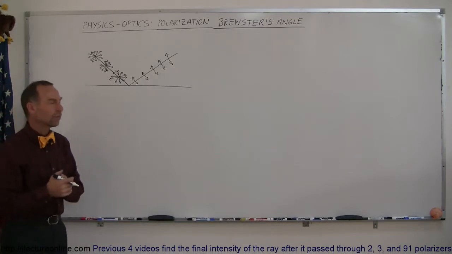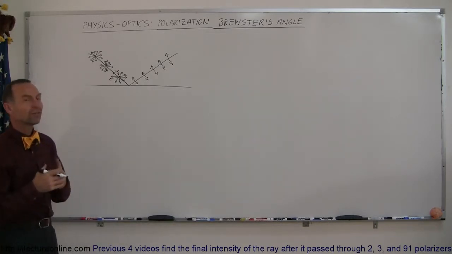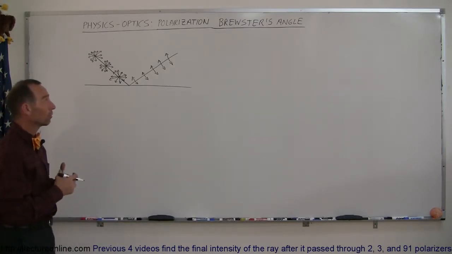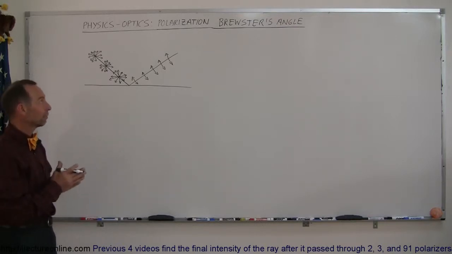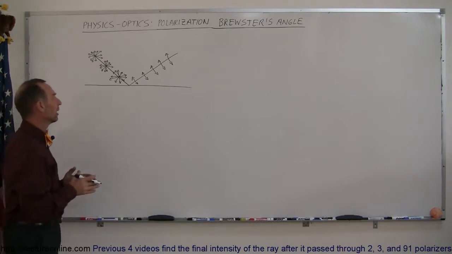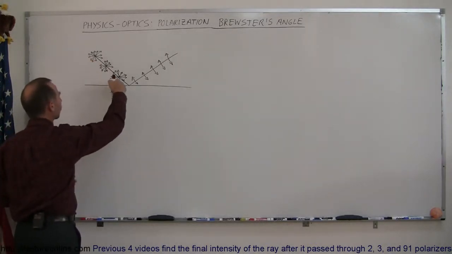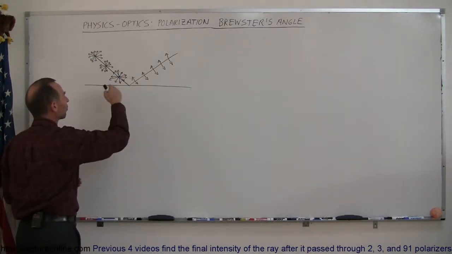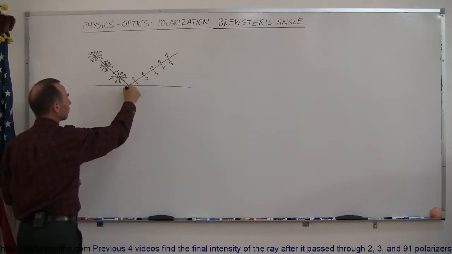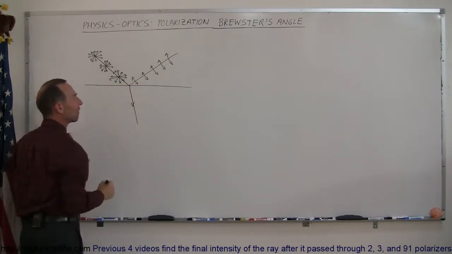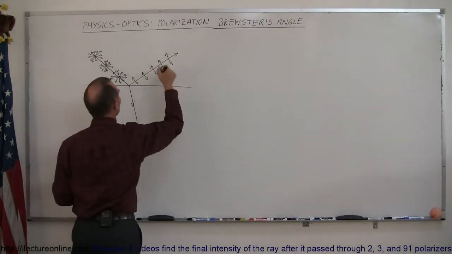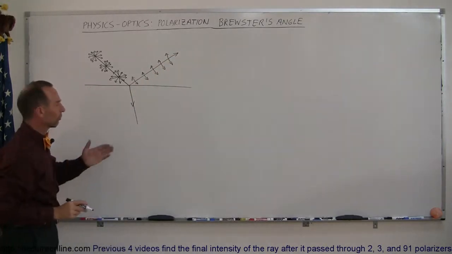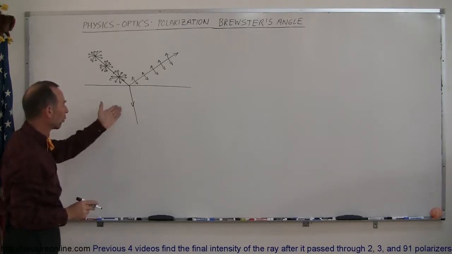In this case, we discover that there's a very interesting way in which light can be polarized, and that light is associated with something called Brewster's angle. It was discovered that when light shines onto a surface, like a boundary, some of the light will be transmitted, or refracted as we should say, and some of the light will be reflected. So part of the light will be reflected off the surface,